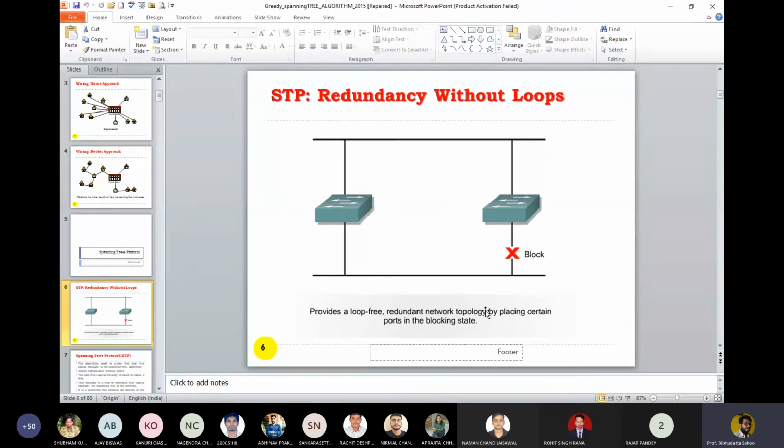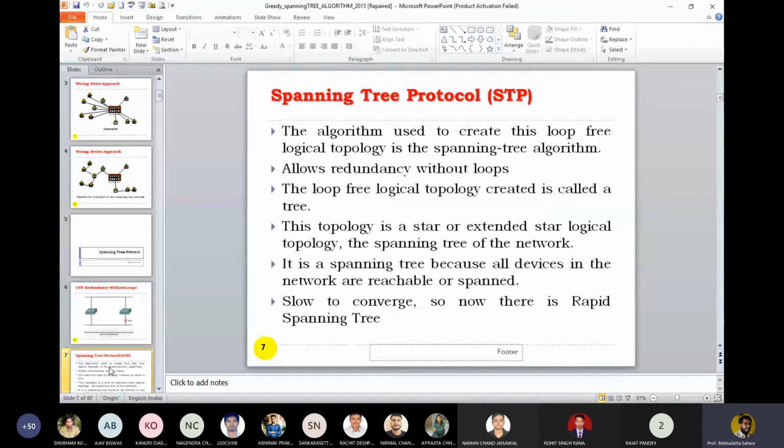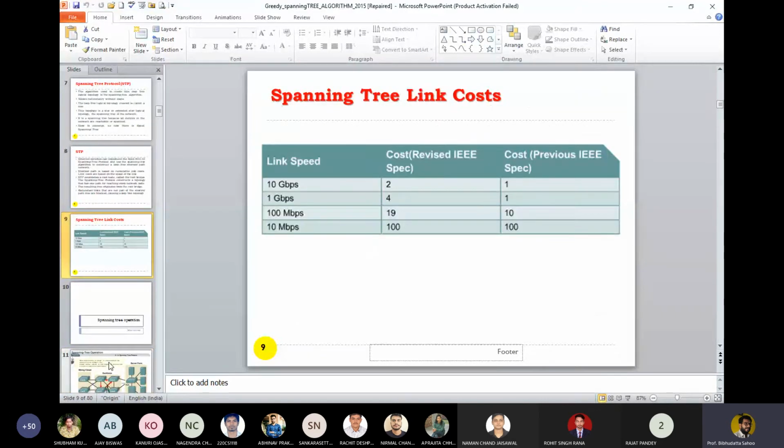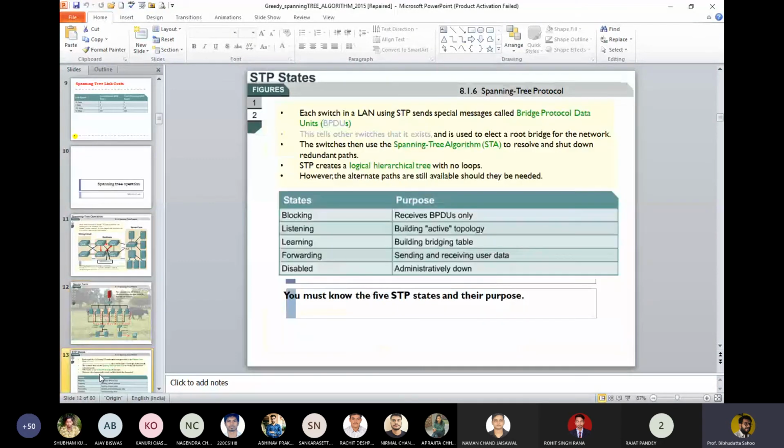Suppose a building is connected with one optical cable, and there is damage to that cable, then we lose connection to that building. So in practice, we try to form a loop and we use it. Depending on the implementation, this protocol is required. Only remember the spanning tree protocol is built into the switches, which form an extended star topology. Okay, so I'm not going to discuss this.